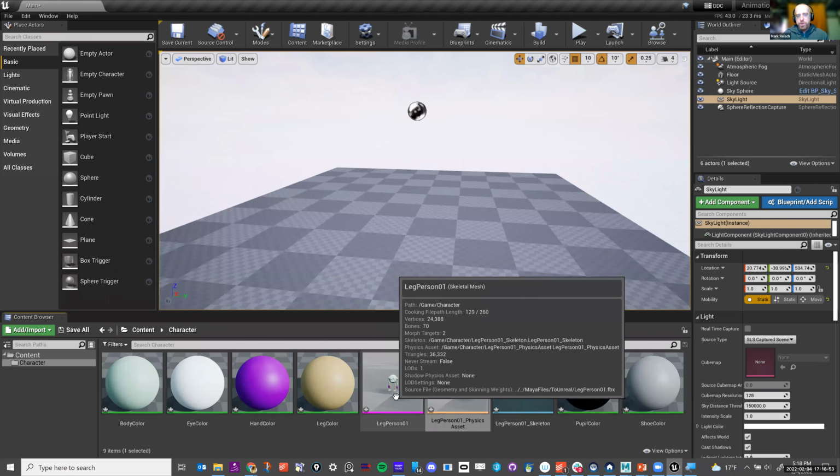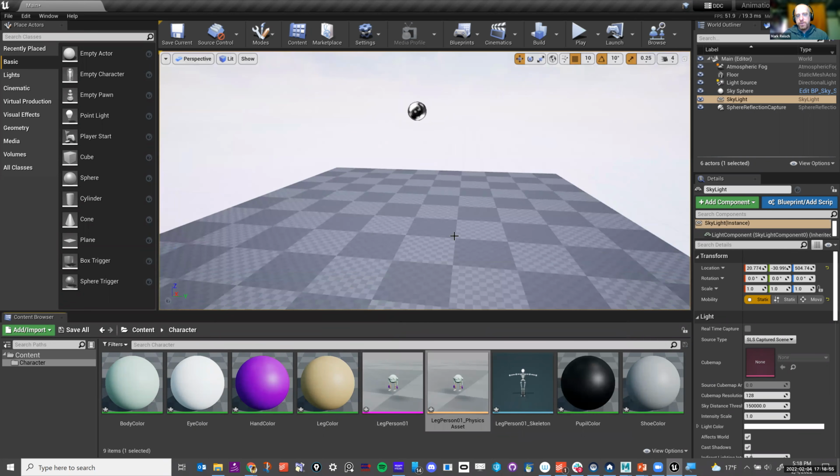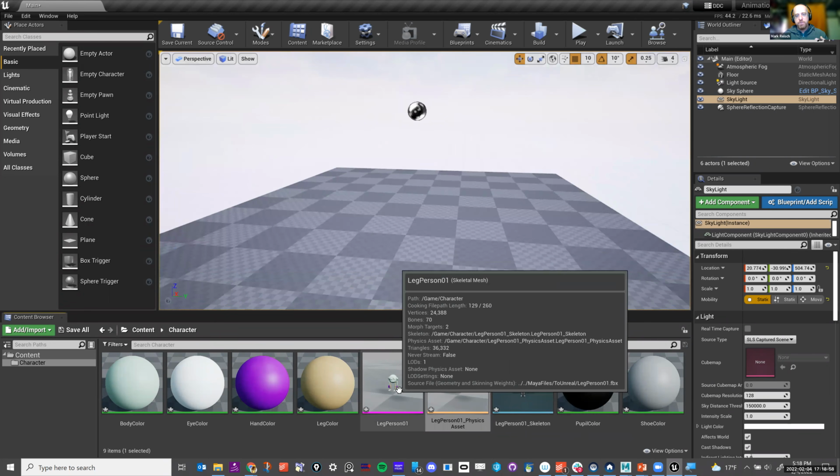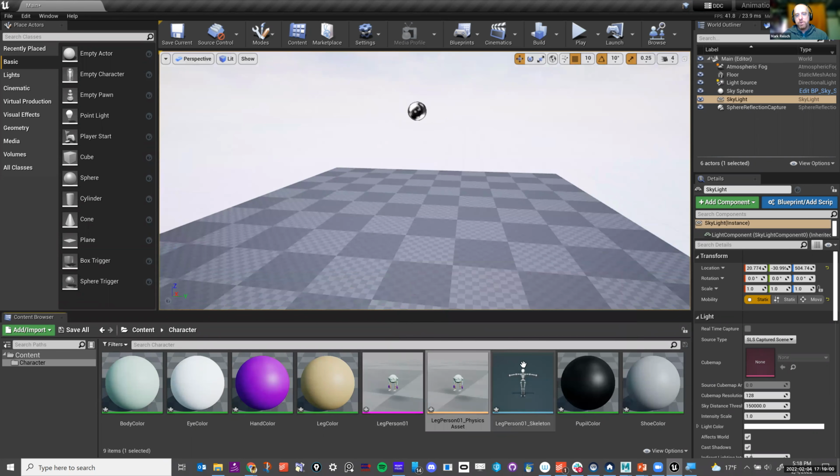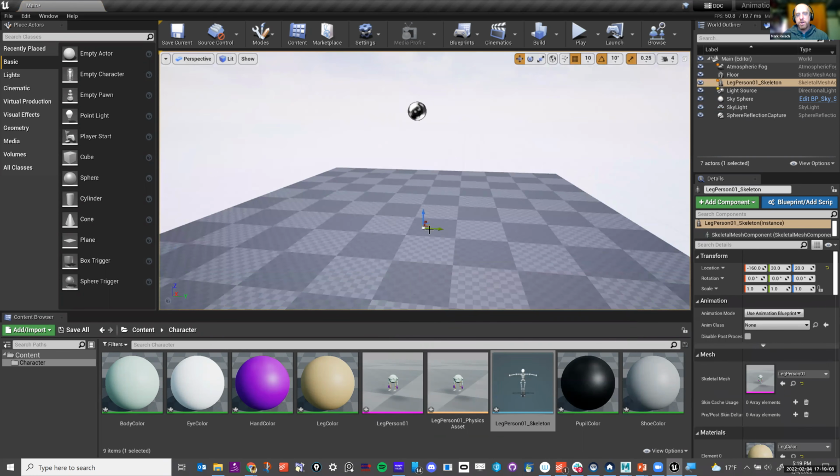You don't want to pull your geometry, your skeletal mesh out there, because this is just the geometry. The thing that you want to pull out is your skeleton, your leg person skeleton. You left mouse click and drag it onto the stage and let it go. And you can see that there's a little thing there. You can also see that there's a leg person skeleton in my scene now, in my world.